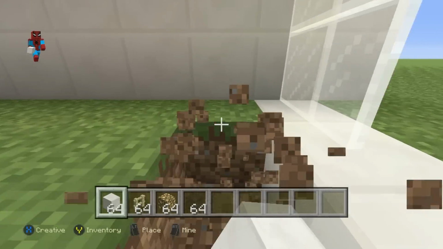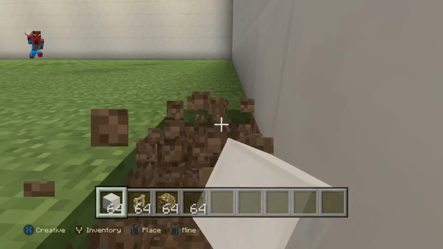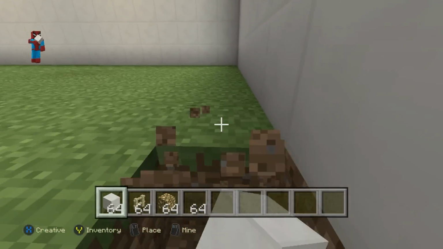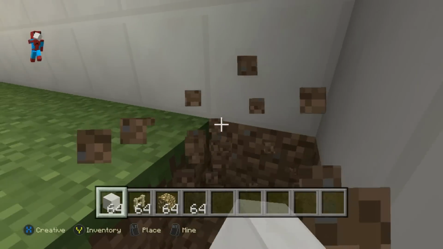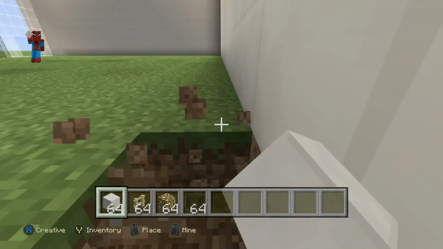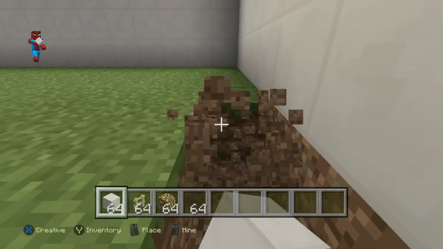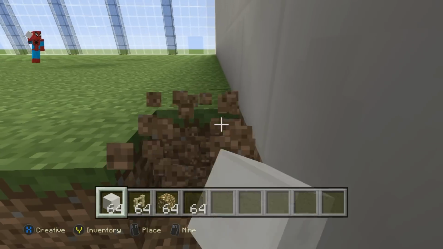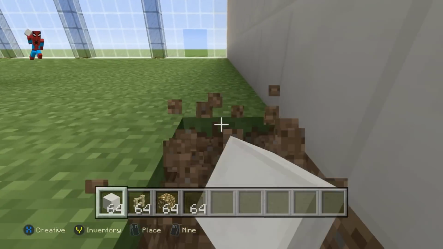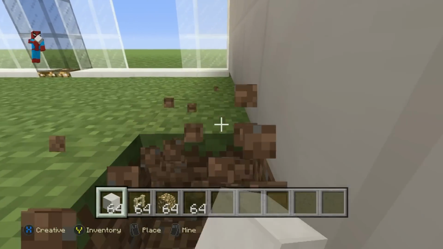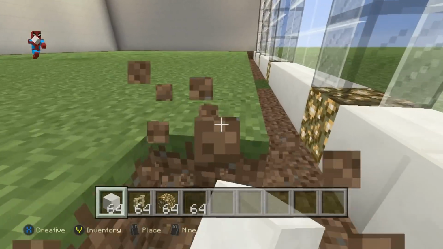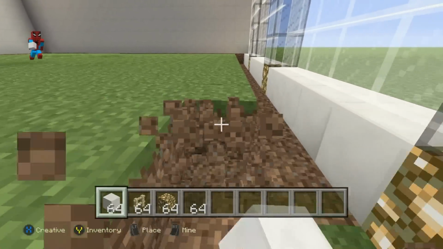This is quite time consuming, and this is my least favorite bit of this particular build, but honestly, it makes such a massive difference, the floor being quartz. There's no way around it. You could use white wool to get the effect if you wanted to, but it doesn't look quite right. There's no other material than quartz to make it look nice, shiny, and clean.